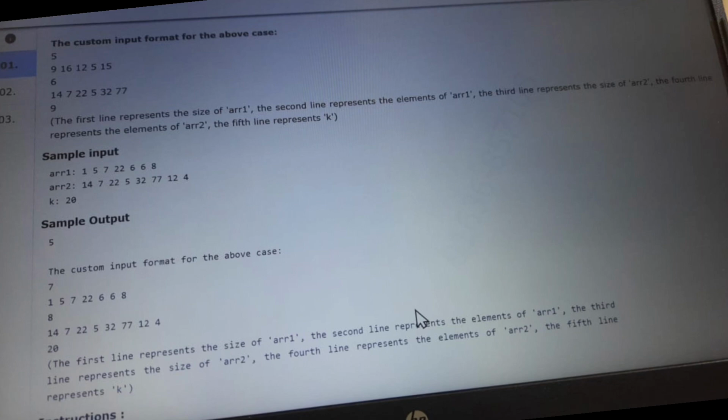In array 1 only one element is greater than 20, so the count is 1. The count is 5 in array 2 because 5 elements are less than 20. So the maximum of 1 and 5 is 5, and the output will be 5.